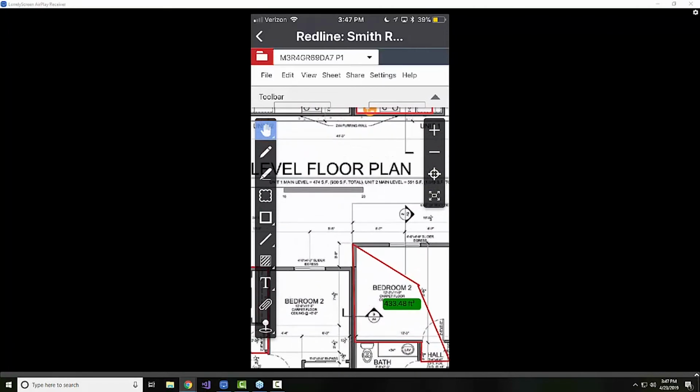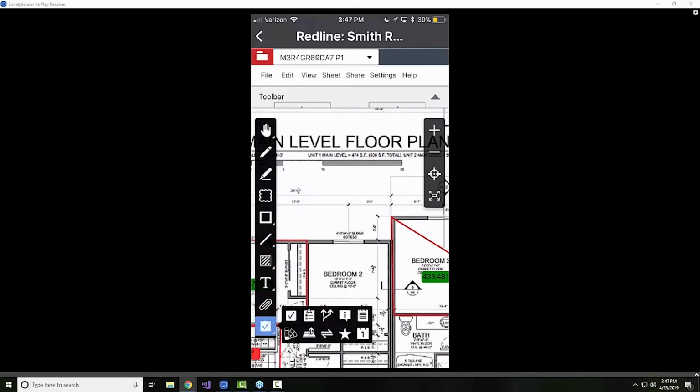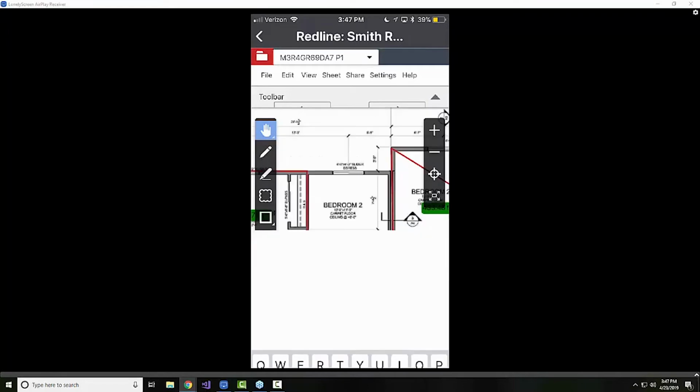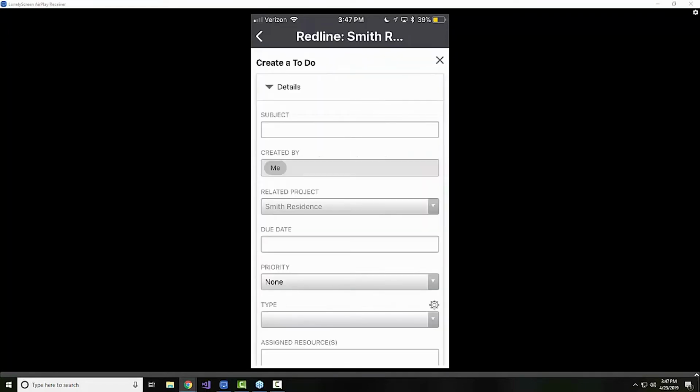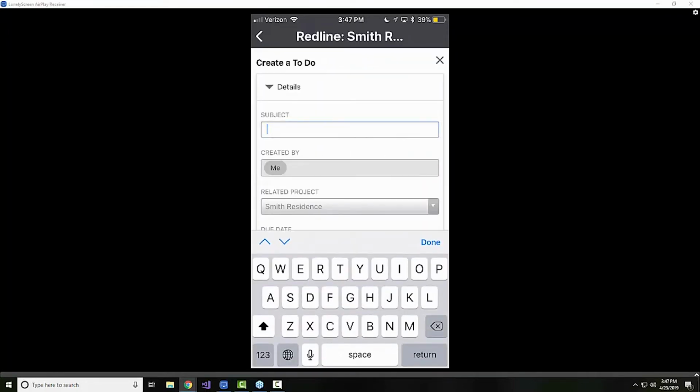You'll also notice, by the way, there are a set of menu options up at the top as well. File, edit, view, sheet. Some of these menu options exist up at the top of the set of the pages in Redline just to give you easier access to a menu. When you click on one of those options, like File, for example, it'll open up all of the different options that would typically live in that File menu, like the ability to save or send it out to somebody else